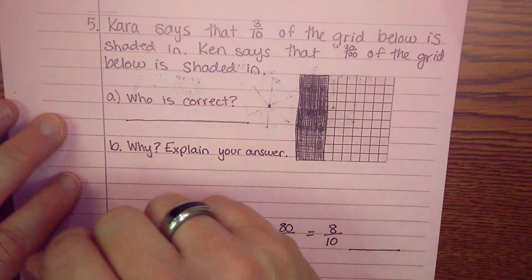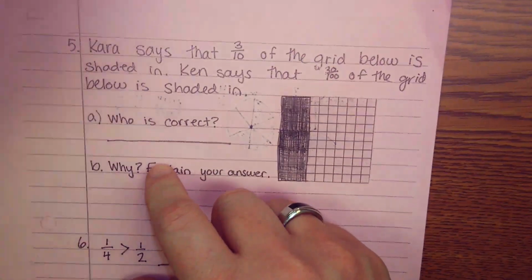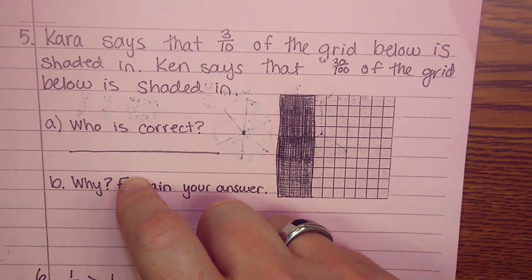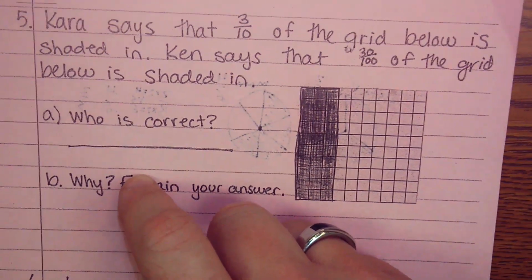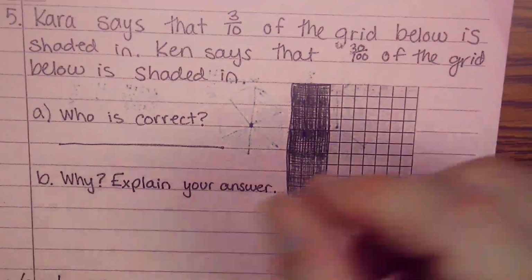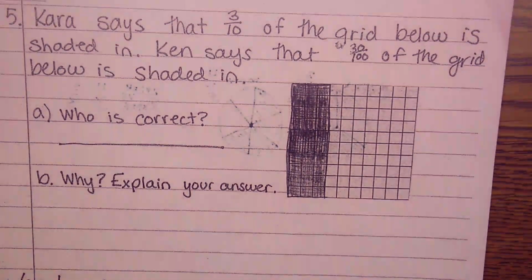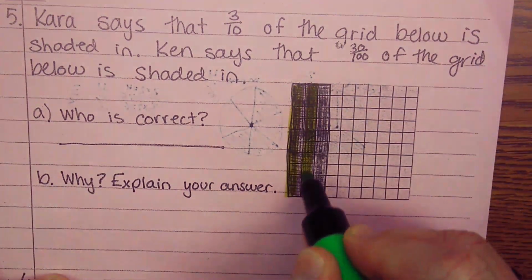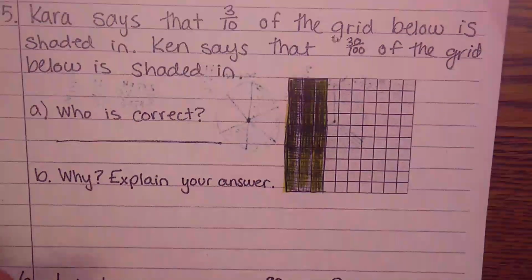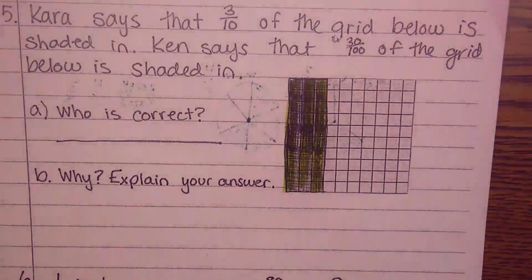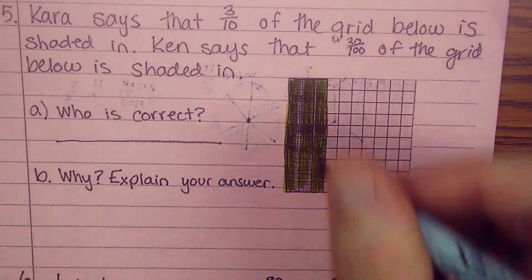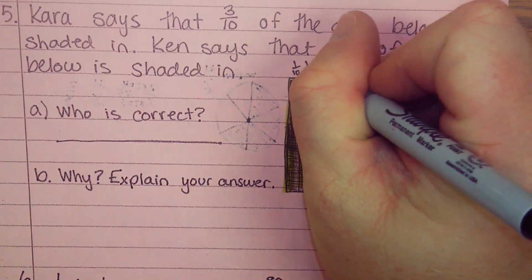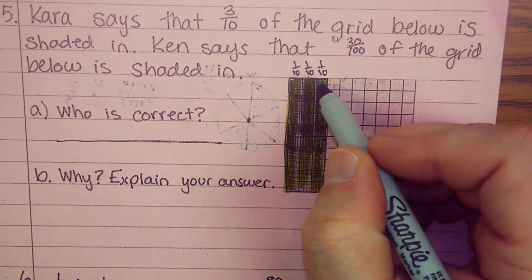On the back here, Kara says that 3/10 of the grid below is shaded in. Ken says that 30/100 of the grid is shaded in. Who is correct? Well, I like my green highlighter. So if I look at this, I have 1, 2, 3 strips, and we know that those strips are tenths. So this would be 1/10, 1/10, 1/10. So that is 3/10. But